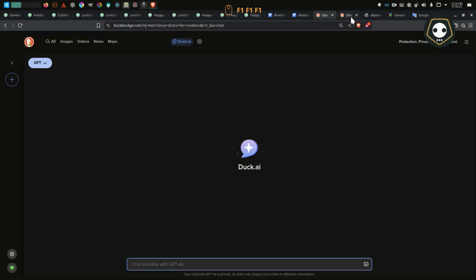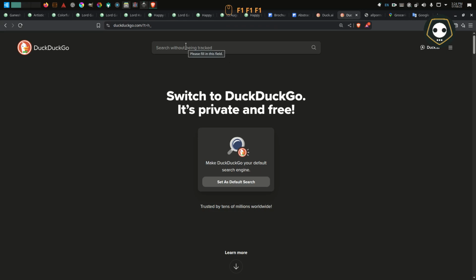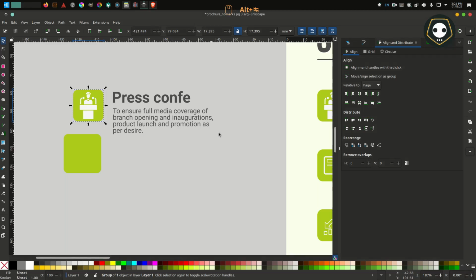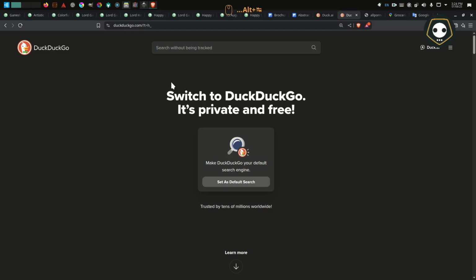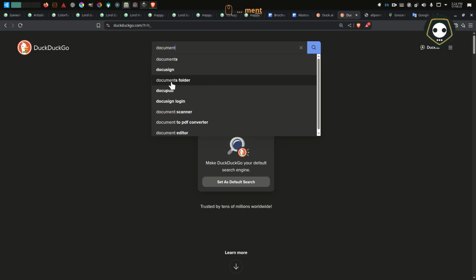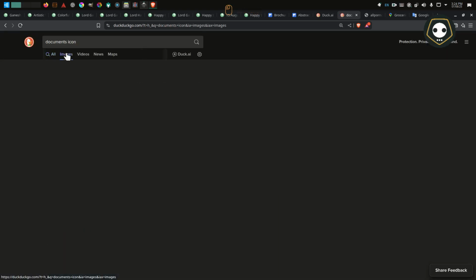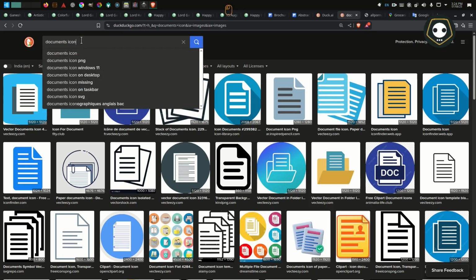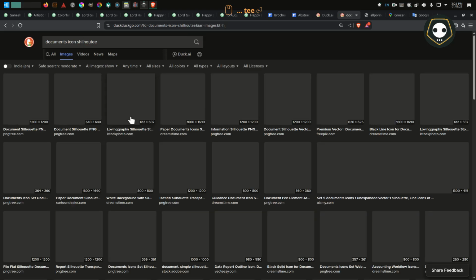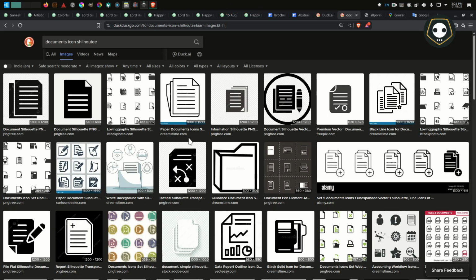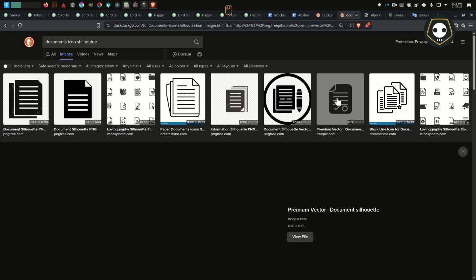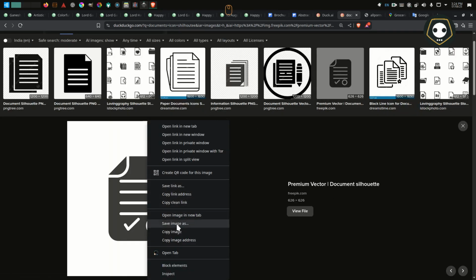Search for any type of documents icon silhouette, so you can see here, there are lots of documents here.